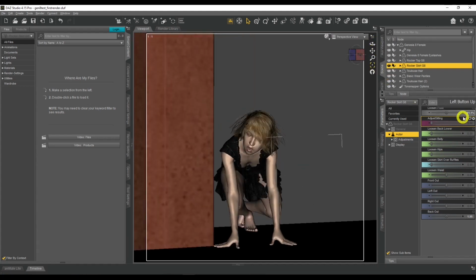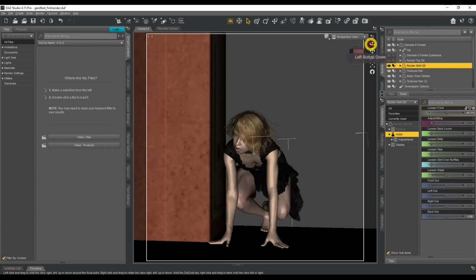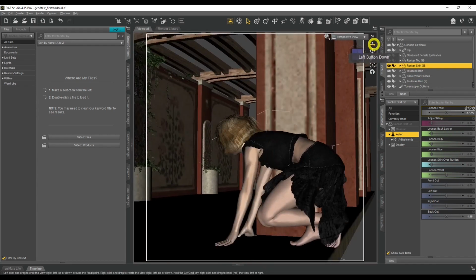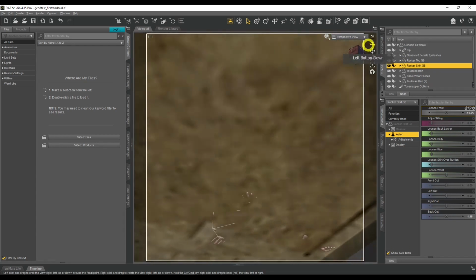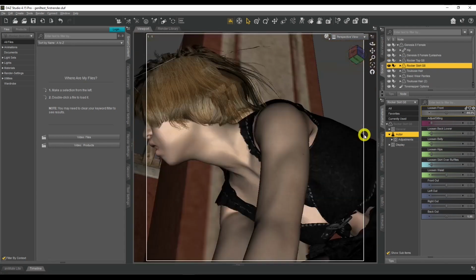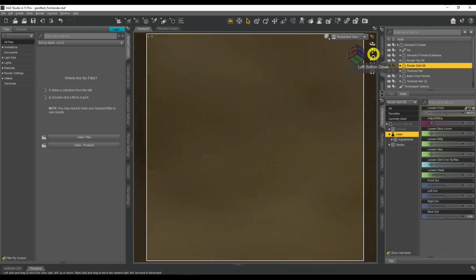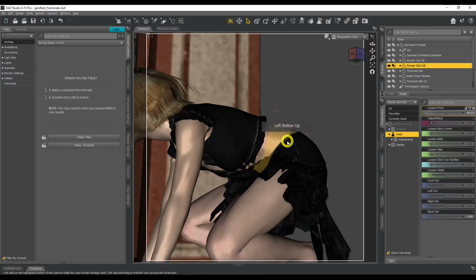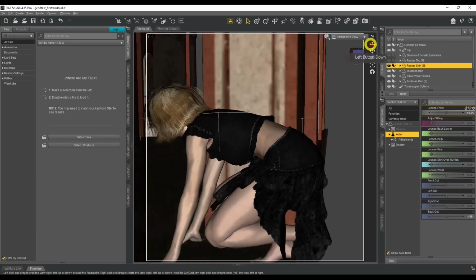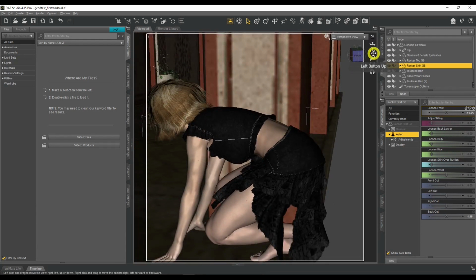So there is some intersection there, I think, because of that. No, that's the way the clothing is. Okay, that's fine. So I'm trying to get this to kind of go on the thigh here. Let's see what that looks like. Yeah, that's good enough. That's believable. Okay, so let's go to